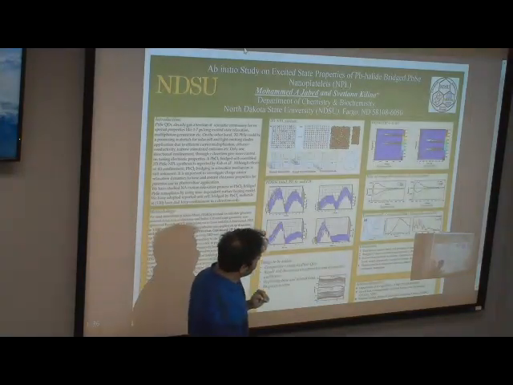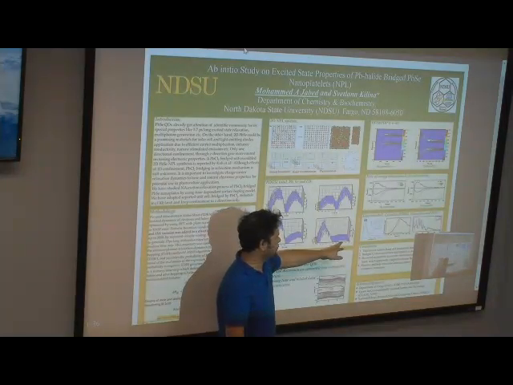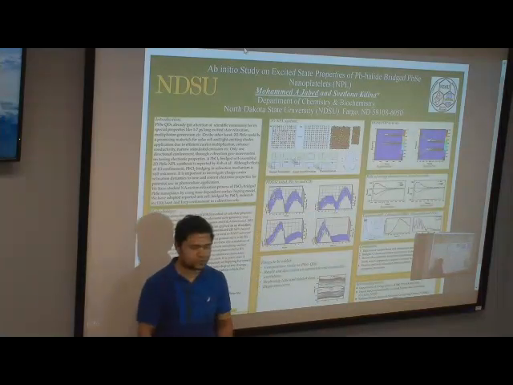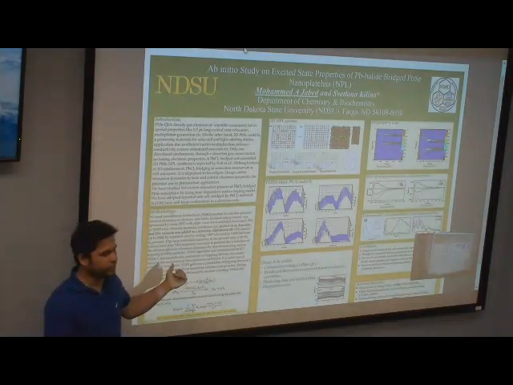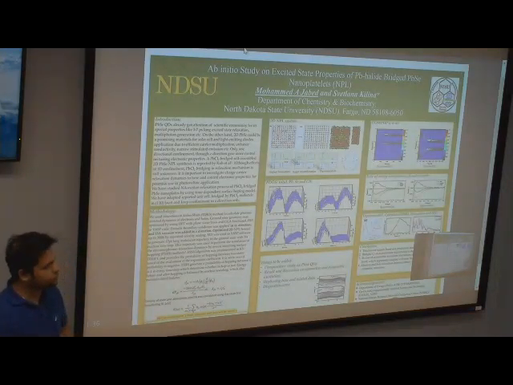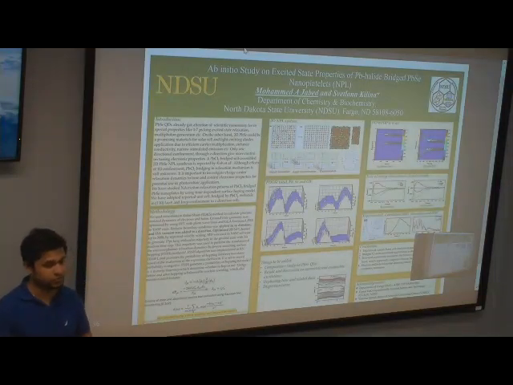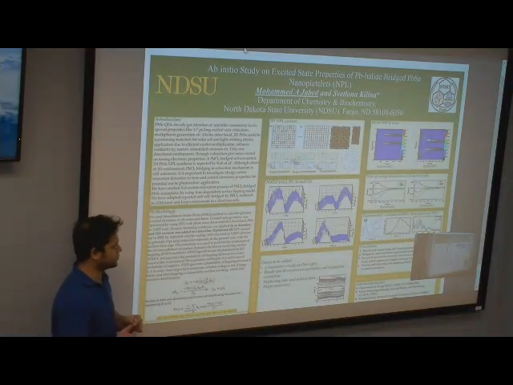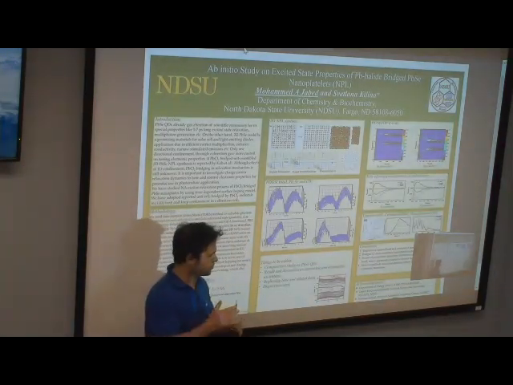And the bridge chlorine atom is contributing in the very deep HOMO level, HOMO-1 level. So although they have a lead halide bridging, it could still be possible to get features similar to the lead selenide quantum dots, because chlorine doesn't contribute close to the band gap.